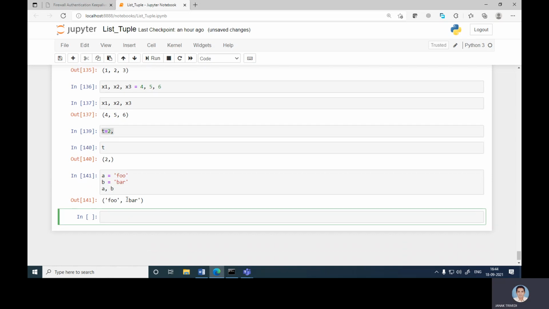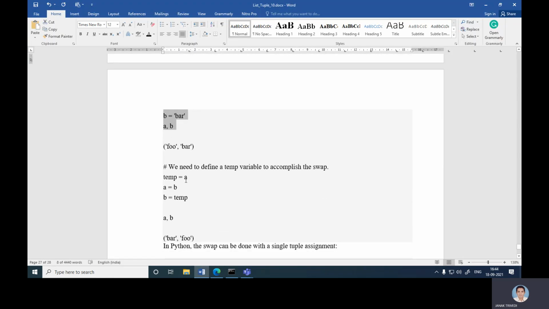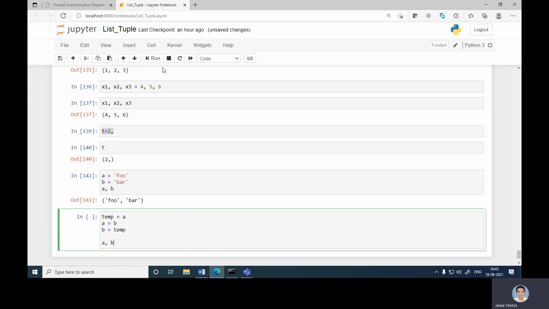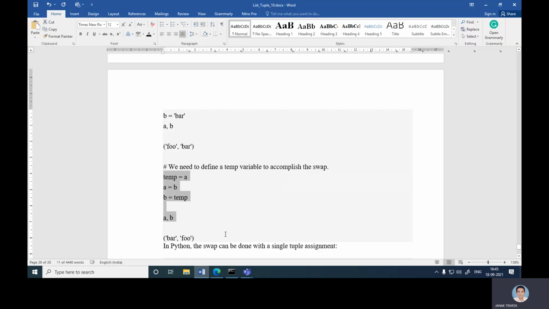Now I want to swap the values of a and b. In this case, I require a temporary variable. Temp is equal to a, a equal to b, b equal to temp, then a, b. Now bar and foo are swapped with the help of this temp variable.